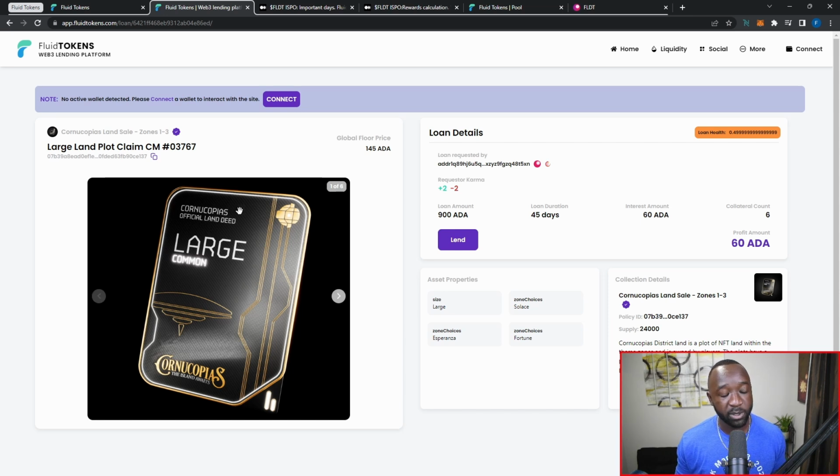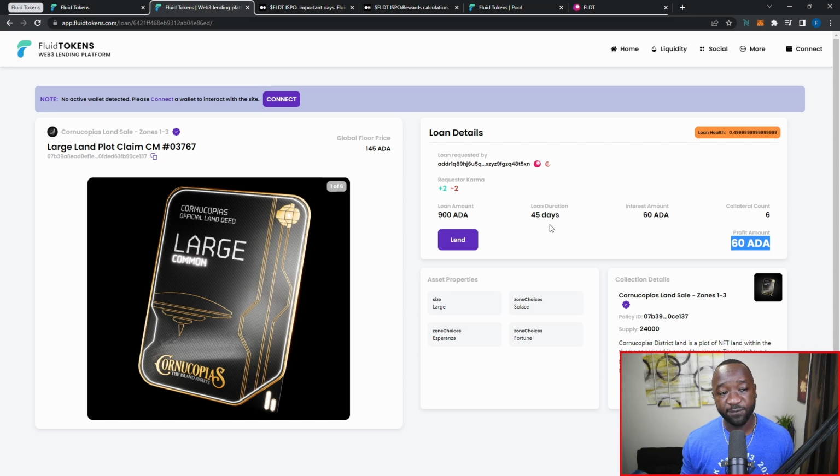So somebody's putting up their Cornucopious NFTs that you guys can see here, and they're requesting a total of 900 ADA. This loan will last for about 45 days, and they're going to be paying interest to the lender of 60 ADA. They've got 6 pieces of collateral here, and we can see that the total profit for the lender who provides the liquidity in exchange for this NFT as collateral will earn 60 ADA.